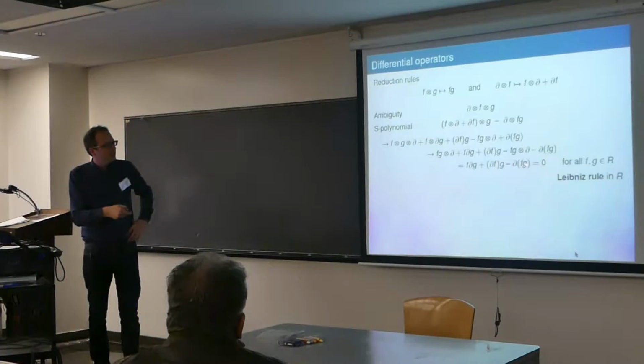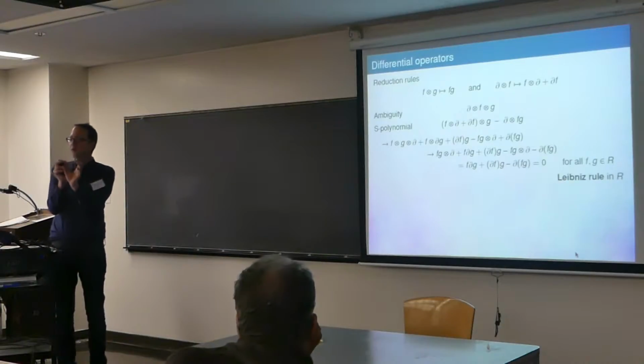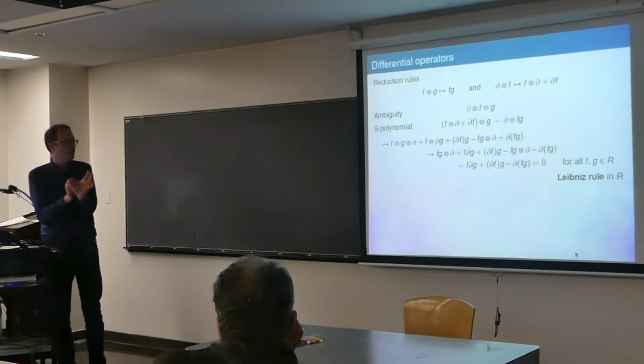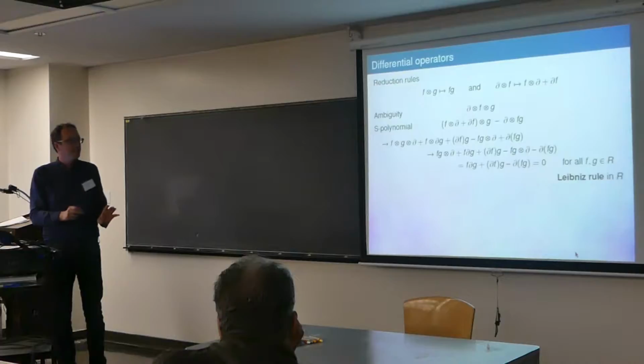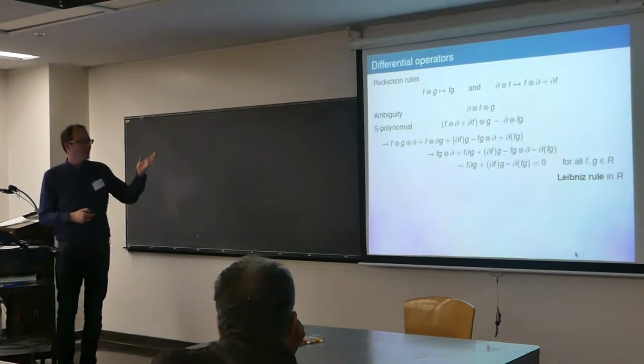And what remains here is just the Leibniz rule written in a different way, but only in the ground algebra itself, only in the algebra itself. So we know that this is equal to 0 for all F and G just because of the Leibniz rule in R. This is what we found out, so it's nice. So we have a